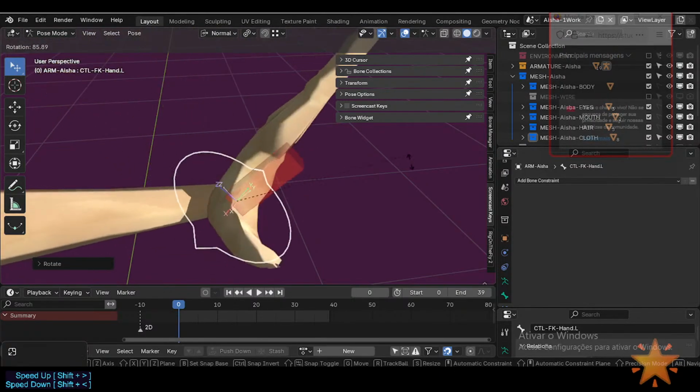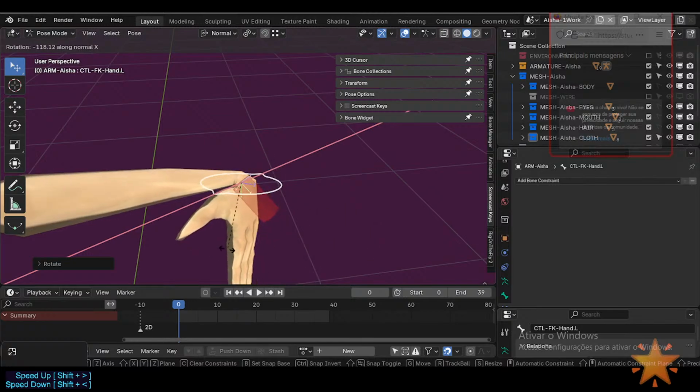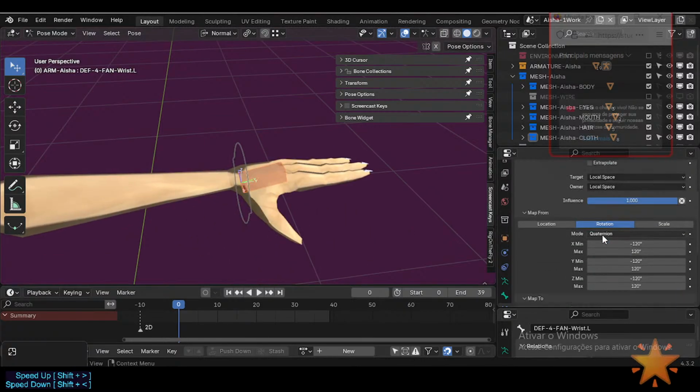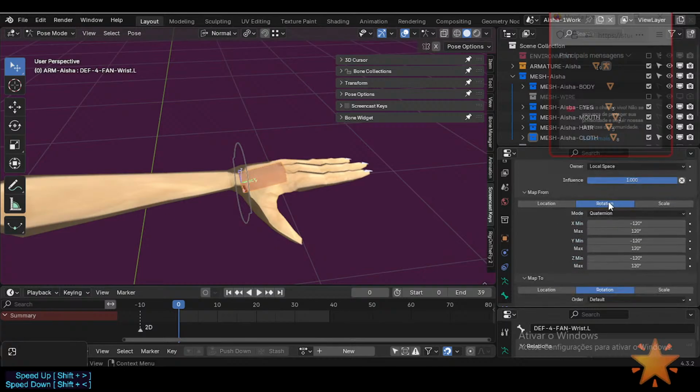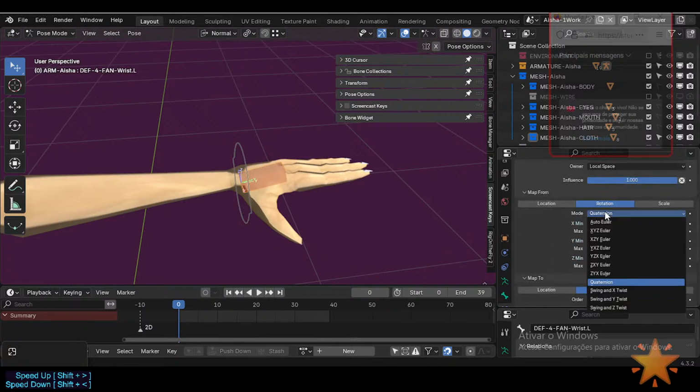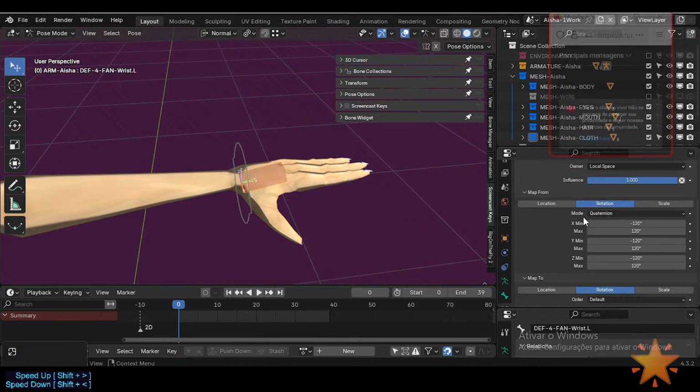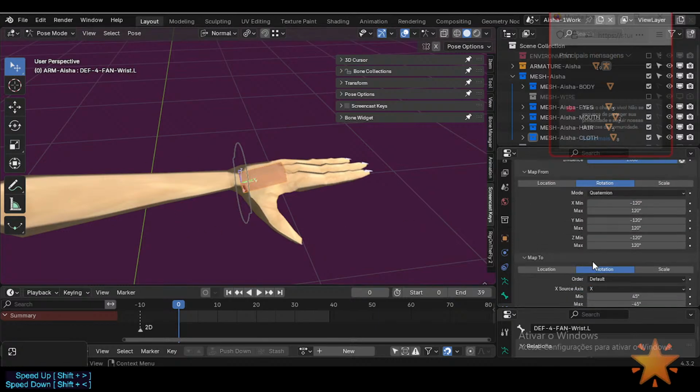Well, no madness apparently. And I believe this is because the transformation bone constraint can use this, which matches the bones, and it doesn't. So this will make the software understand that I want quaternions and I don't really want Euler. However, maybe if I did something here, let's see,